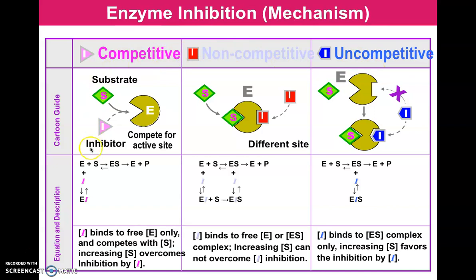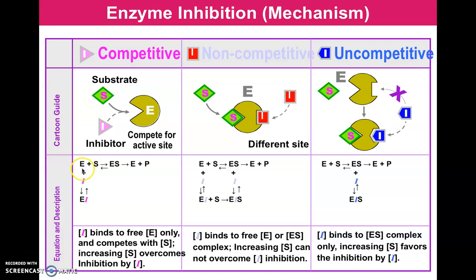Let's focus first on the inhibitor acting as a competitive inhibitor to your enzymatic reaction. Let's say this is your enzyme, this is your substrate, and this is your inhibitor. If it is competitive inhibition, the inhibitor will compete with the substrate to get the active site. So the mechanism step will be like this.